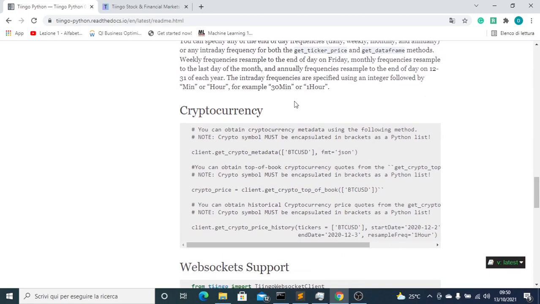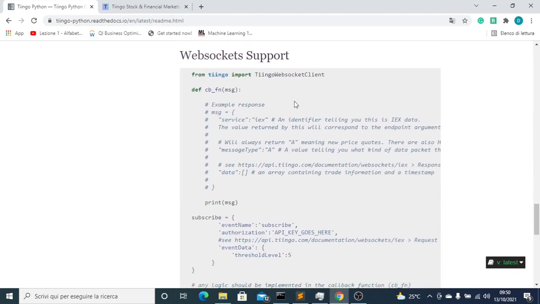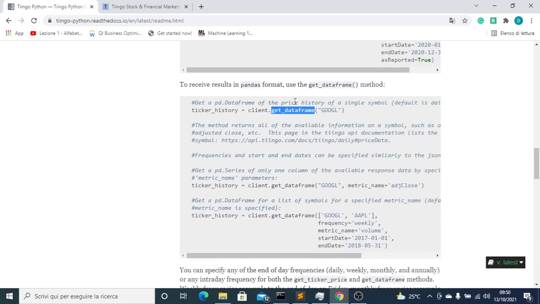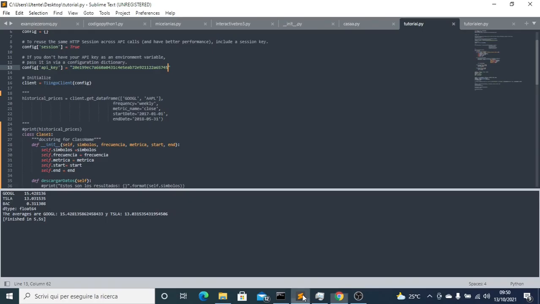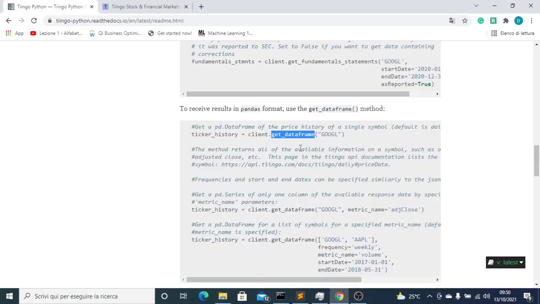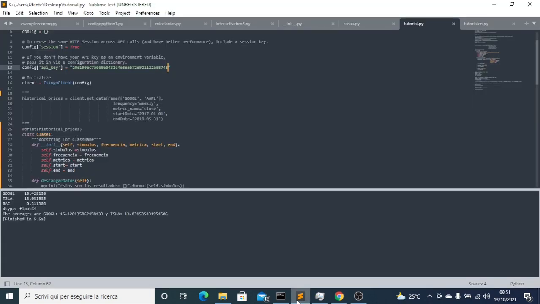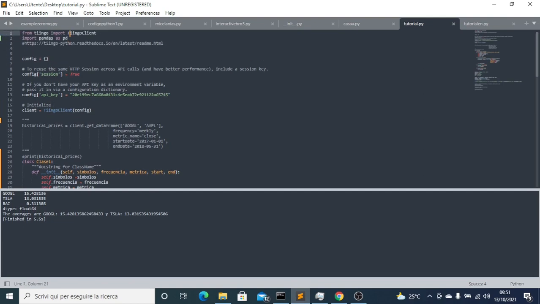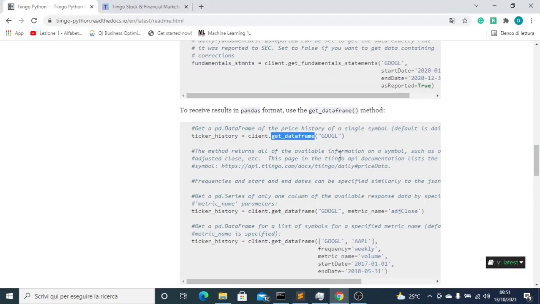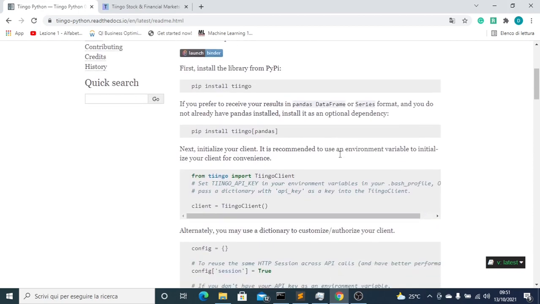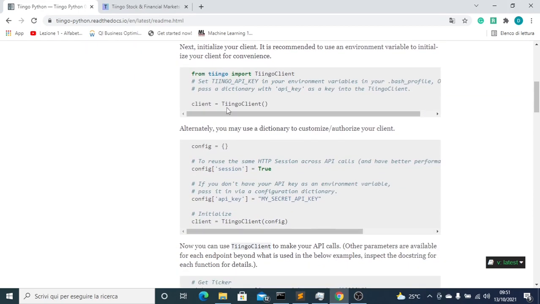In order to explain this, even though you have WebSockets and other types of data, in order to download data, we are going to use the get data frame, which is going to be easier for us to handle and also to explain all this. Now, the idea is that first, as we can read over here at the top, you can see that we need to import Tiingo. From Tiingo, import Tiingo client, and then